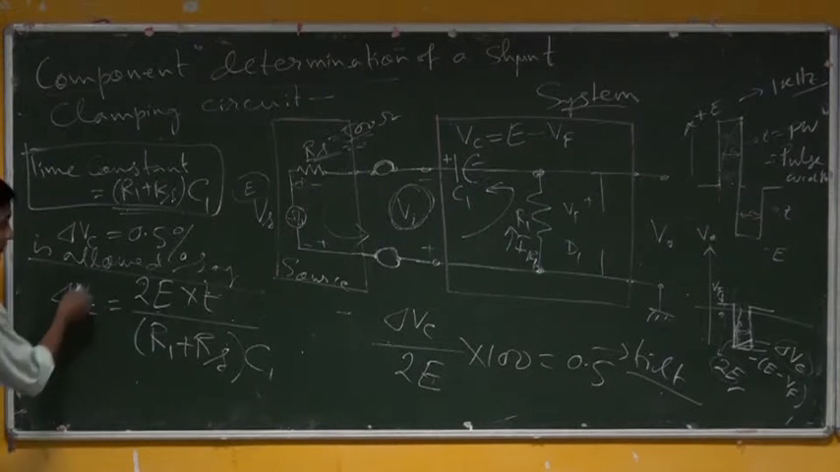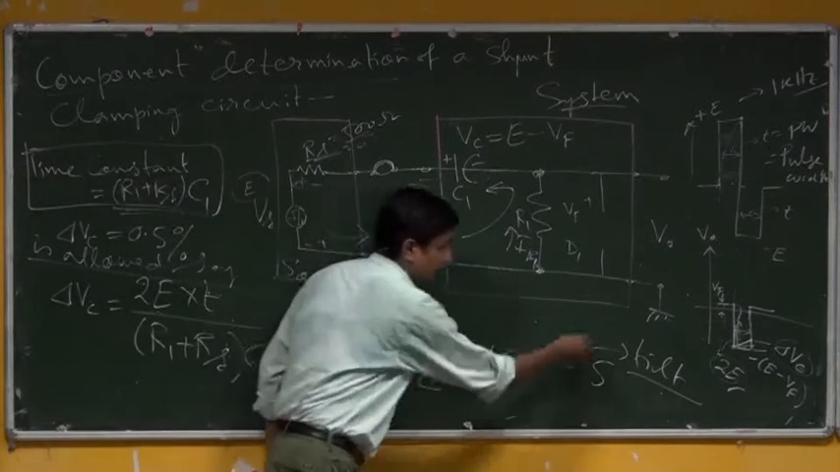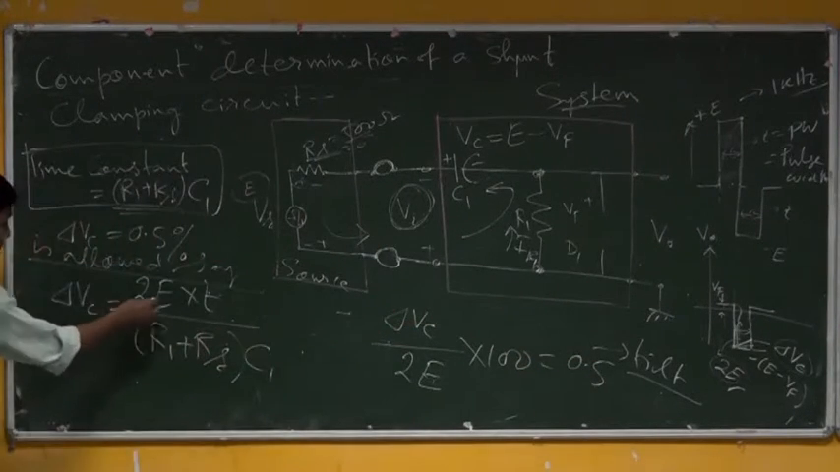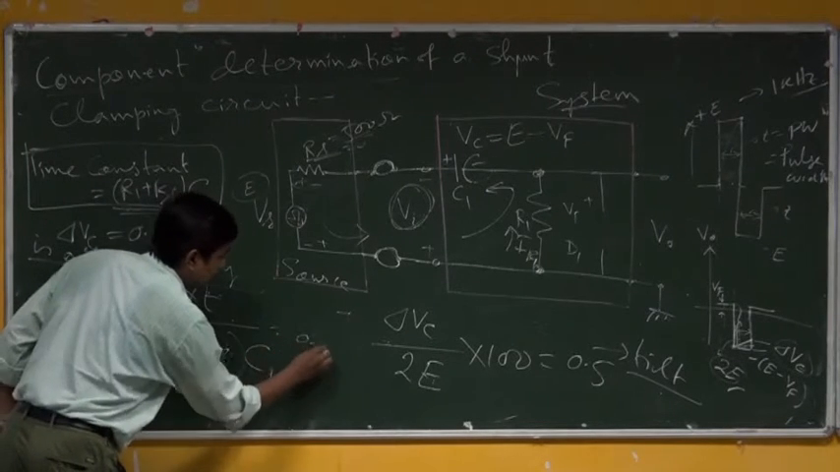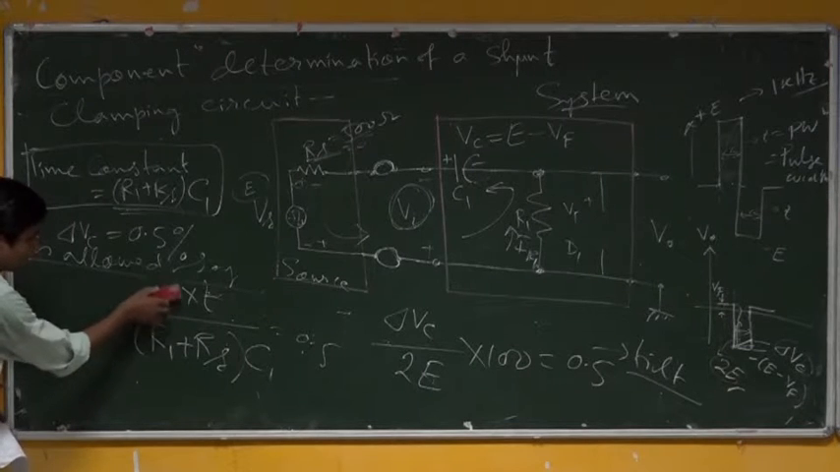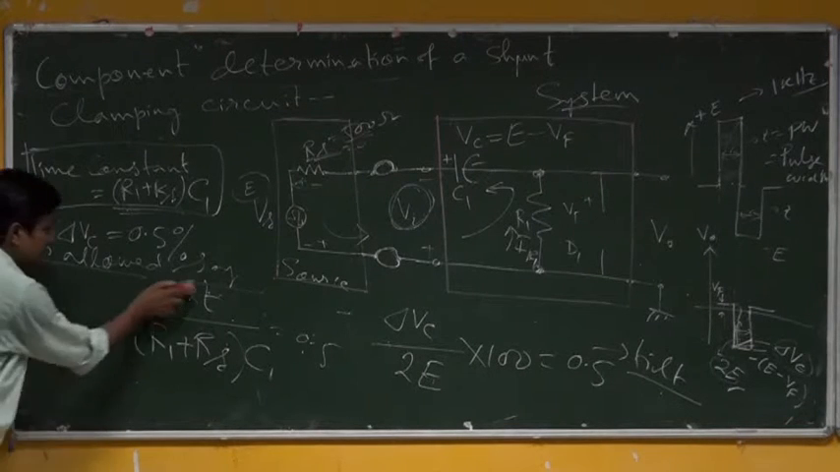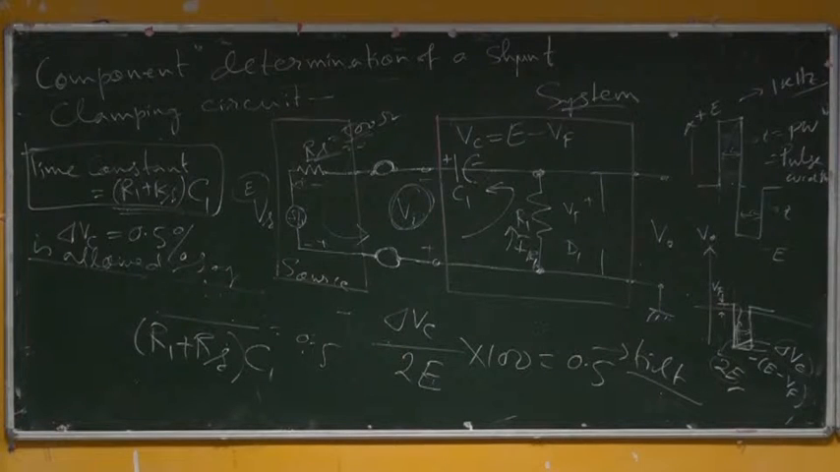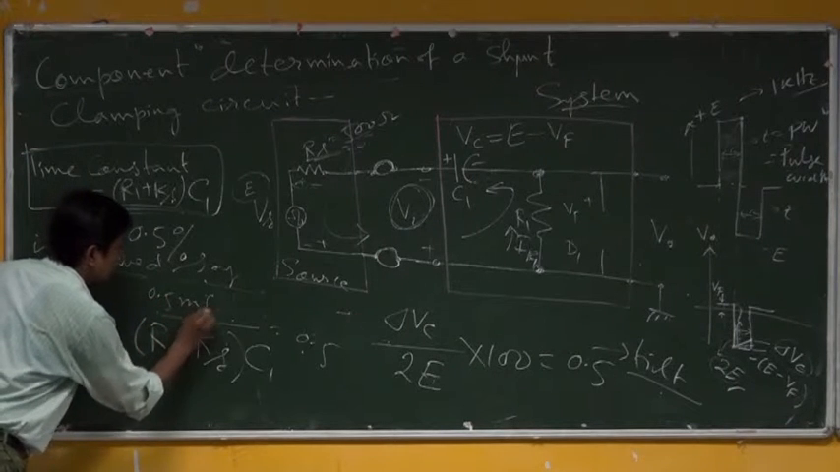I think you will proceed from this equation. Can I take this equation? Delta Vc by 2E into 100, that is actually 0.5. So, I will put this value here as 0.5. What is T? 1 kilohertz, half of that, 0.5 millisecond